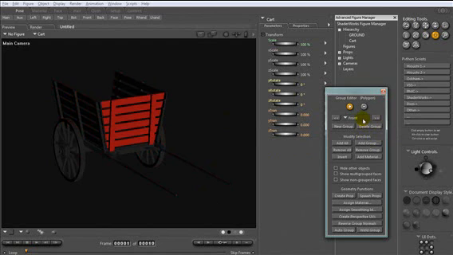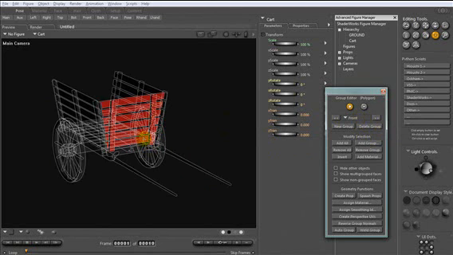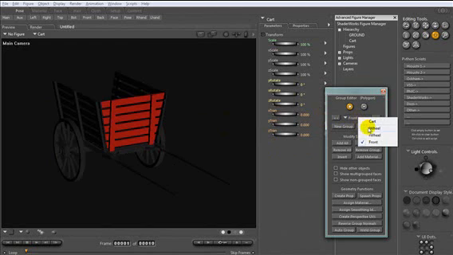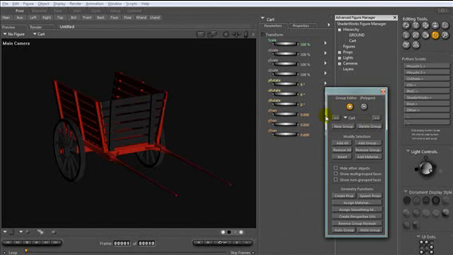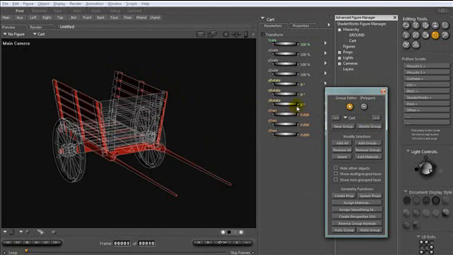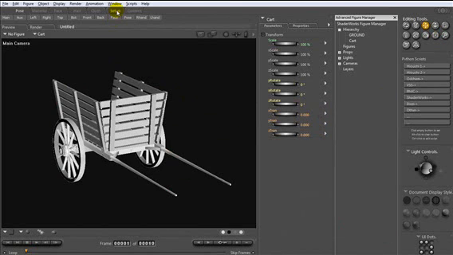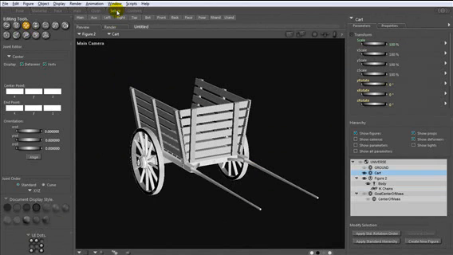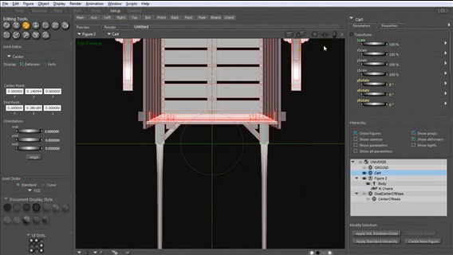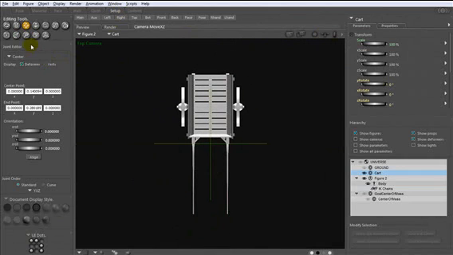Okay. Now we have to assign a bone to each of these groups. Our main bone is going to be assigned to the main group, in this case, the cart. Now, to do that, we have to change to the setup tab or the setup room where we can create the bones. Now, using the bone creation tool, let's create the first one, the main bone,